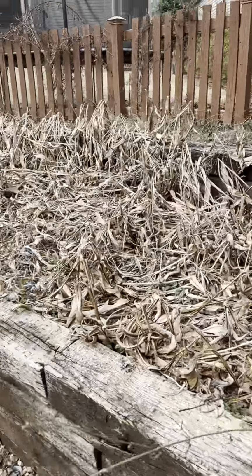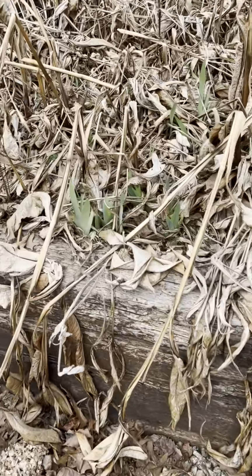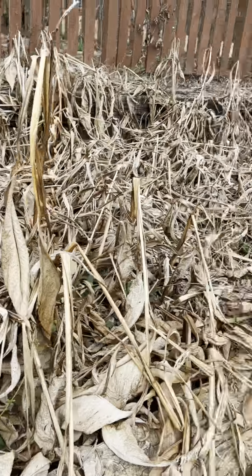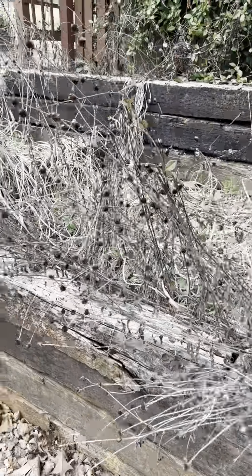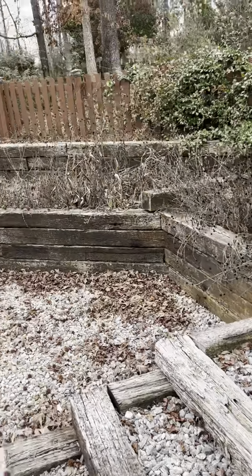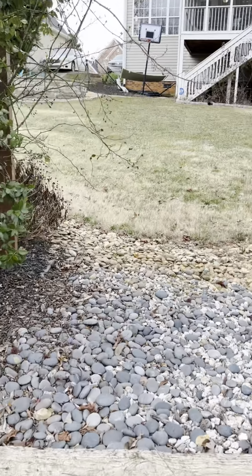Down here, this area is completely fallow and needs a lot of cleanup. This was a combination of 2 irises and a lot of canna. Kind of looks like a cornfield right now. And then we have black-eyed Susans and daylilies over in this area. Not a whole lot to show off really at this point, but there will be a lot of color yet